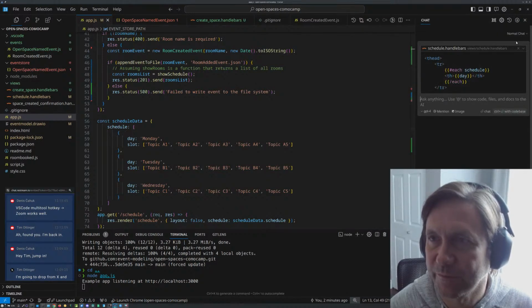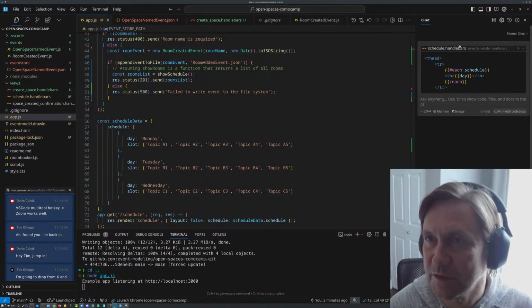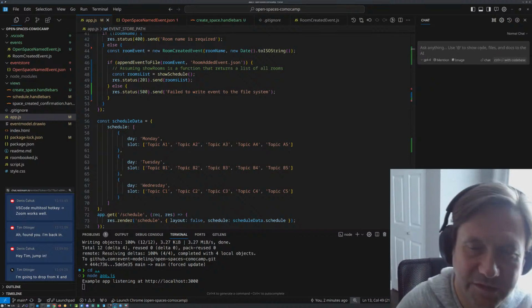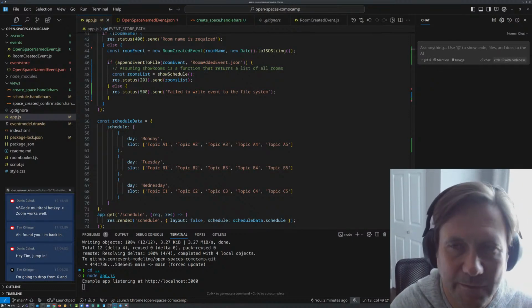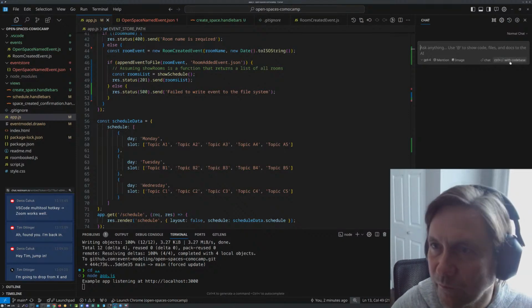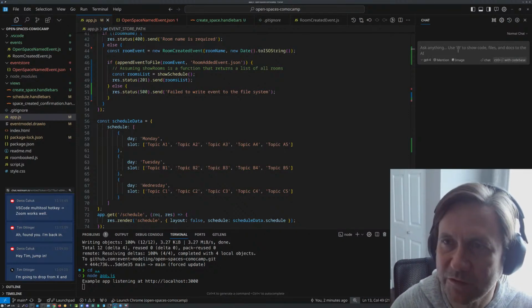So new chat, normal chat. Give me a new chat. Why is it doing? Okay, let's just use this one. I think it thinks that's still a new chat. Okay. And remember to hit Control Enter to chat with the code base.